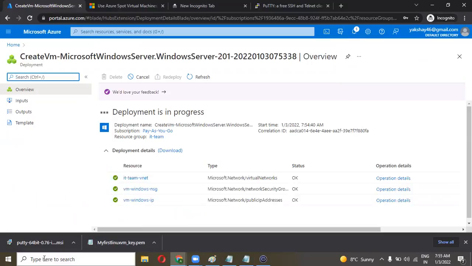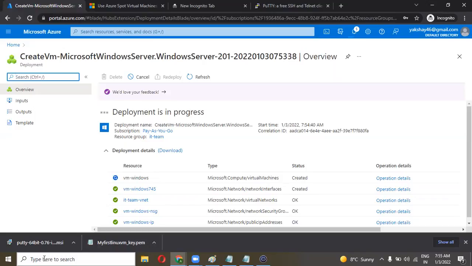Got it? Yeah, got it. For this machine, we are going to use a custom script. So let's see what is custom script. The custom script extension downloads and executes scripts on Azure VM.